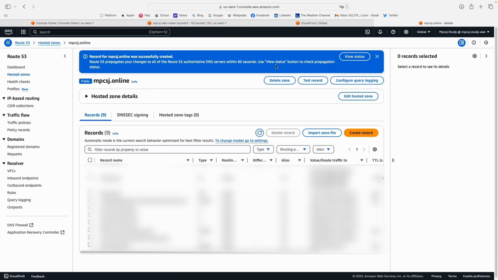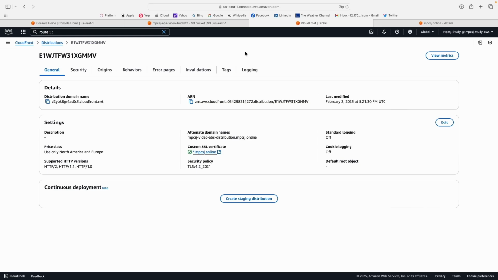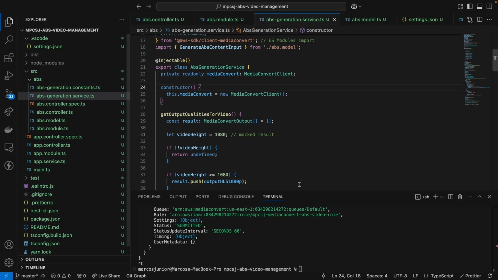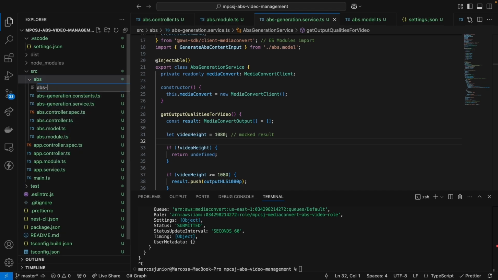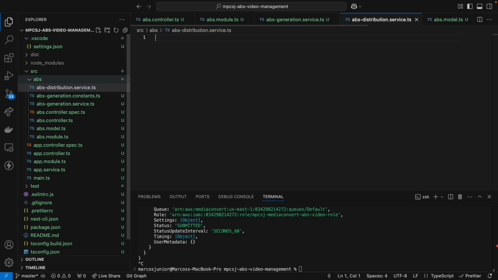Now we're good to go to connect to our Cloudfront distribution using the custom domain that we created. Now let's go back to our backend app and set up the whole access to Cloudfront. Okay, great. So here back to our backend app, let's create a new service. So I'm gonna call it AWS distribution.service.ts. So this service will be responsible to give access the front end to Cloudfront distribution to connect to get